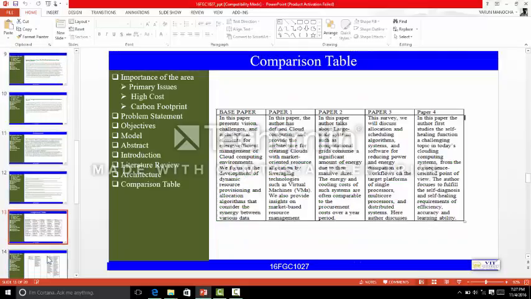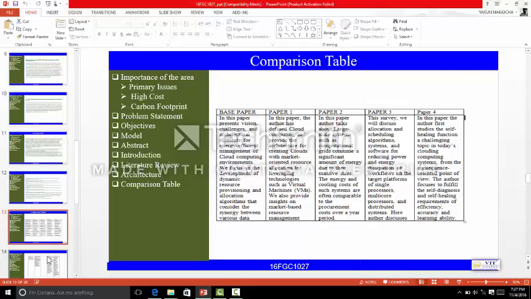In the study, we compared four papers. The first is a base paper. In this paper, the vision, challenges, and architectural elements of energy-efficient management of cloud computing environments are the focus. Another paper that we studied was about cloud computing and provides the architecture of creating a cloud with market-oriented resources by allocation, leveraging technologies, and the use of virtual machines.